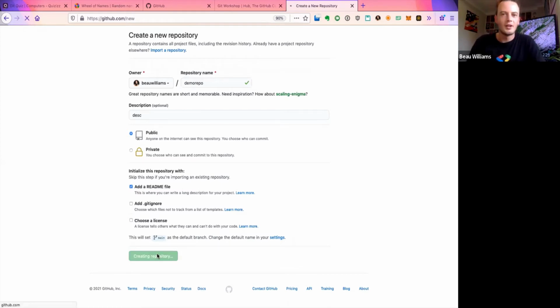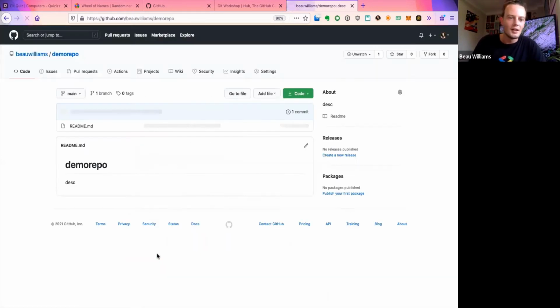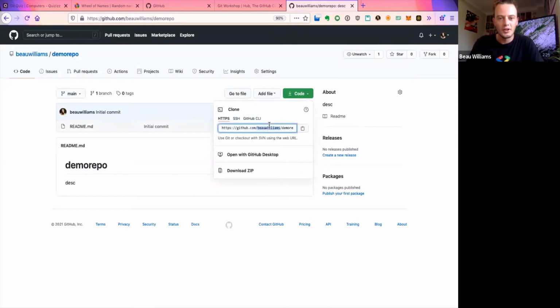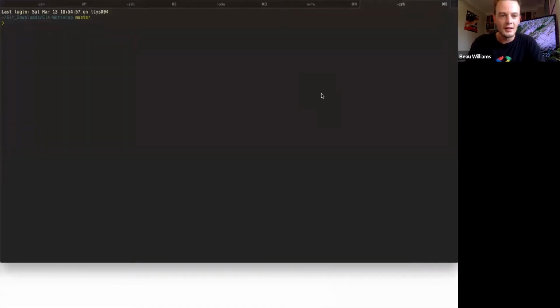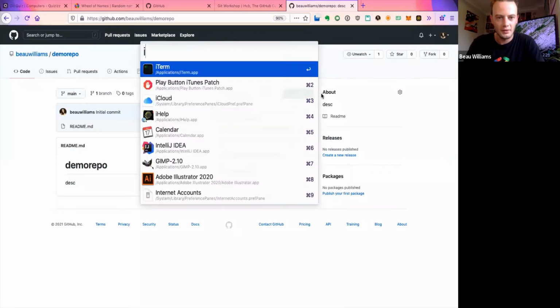We create a repository. That's all good. Now we've got a repository. Now what we're going to do is we're going to clone it to our local machine. And for that, there's a variety of methods to do that, and I will cover that off very quickly. And then we can go to wherever we'd like to download our Git file. I'm hoping you guys can see that.